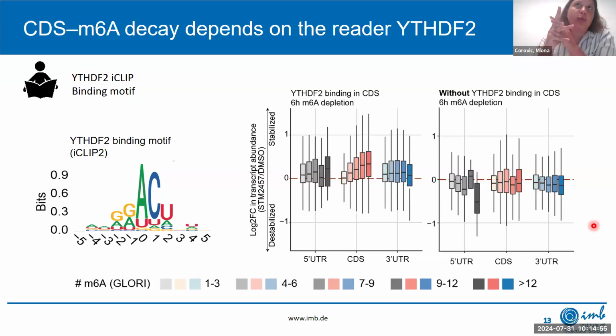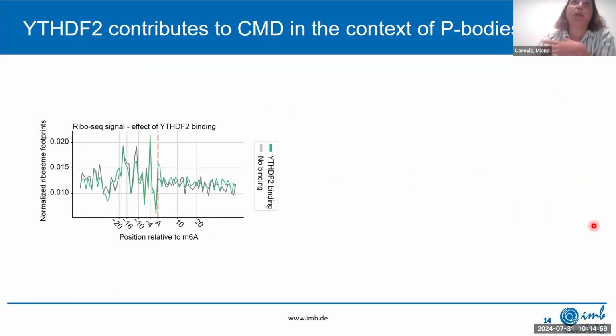And in order to answer where, we first went back to the ribosome profiling, because the first idea was that maybe it would somehow lead to ribosome pausing. But then when we overlapped the footprints with or without YTHDF2 binding, there was really no change there. Which then led us to believe that it comes more downstream, later. And to try to understand where and how,